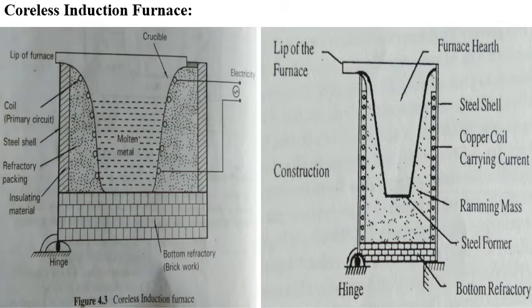So the next type of furnace used in the foundry is the coreless induction furnace. In the last figure we saw that the resistance coil is located in the refractory lining, but here it is the coreless type. The coil acts as a primary coil and the metal acts as a secondary coil. This is a mild steel shell above the ground level. You can put a furnace and, inside that, the refractory lining. This one is a steel shell. This is a crucible.